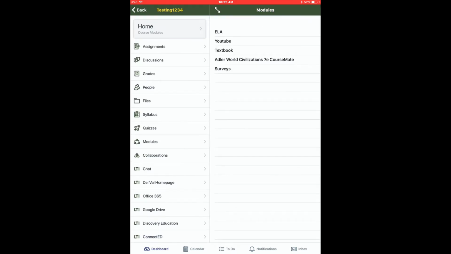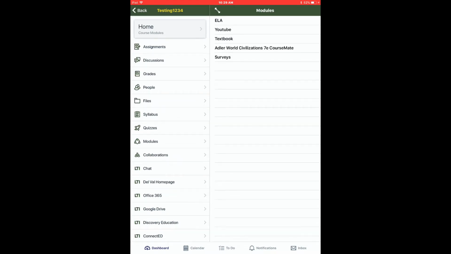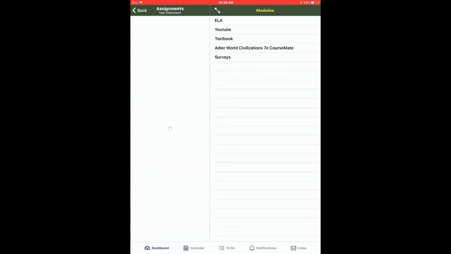On the left-hand sidebar, you'll see access items such as assignments, grades, syllabi, quizzes, and modules. Depending on what your teacher has made available to the class will depend on which items are visible and active for you along the left-hand sidebar. Tapping on an item on the left-hand sidebar will then display the available related files and options on the right-hand